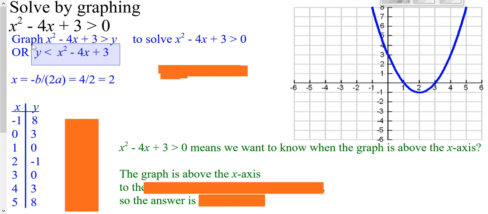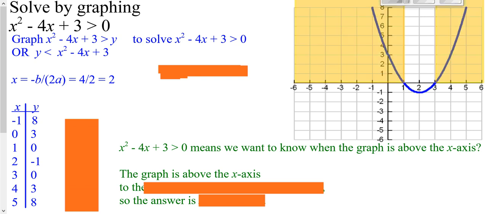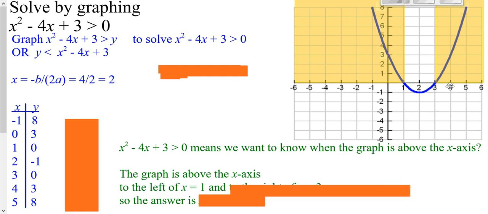to do shading. All we're trying to do is to look at our graph and get our answers. So when we are looking at our parabola being greater than 0, that means we want our parabola to be above the x-axis. Well, isn't our parabola above the x-axis in these situations? We're above the x-axis in both of these highlighted yellow situations. So when we're at 1 and to the left of 1, and when we're at 3 and to the right